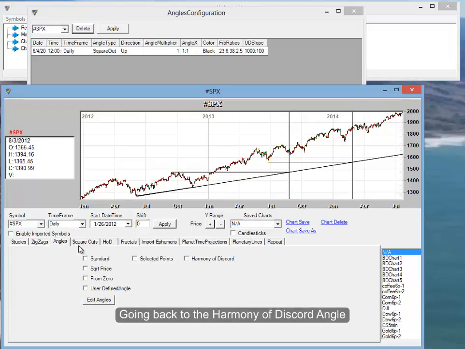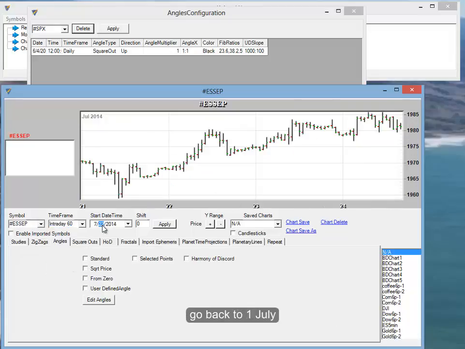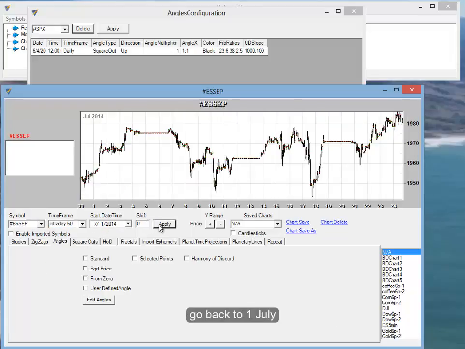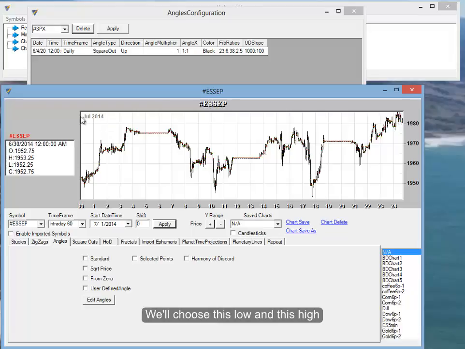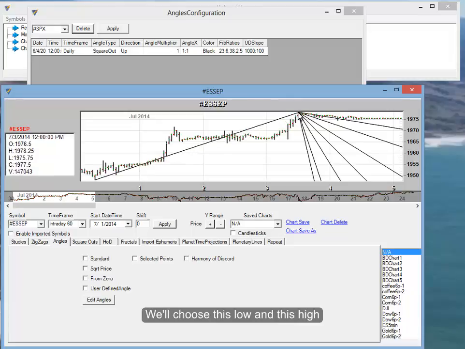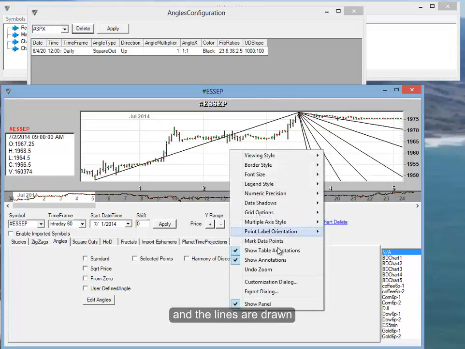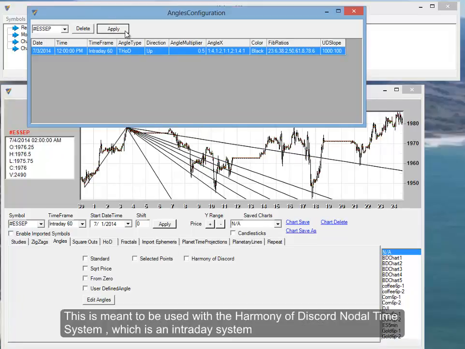Going back to the harmony of discord angle, the ES on a 60-minute time frame, and go back to the 1st of July. And this one you want to go from low to high. We'll choose this low and this high. And the lines are drawn, and you can then also use the angle multiplier to